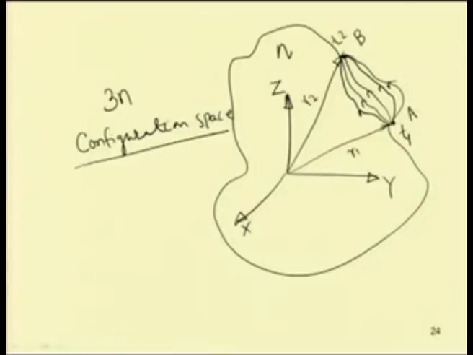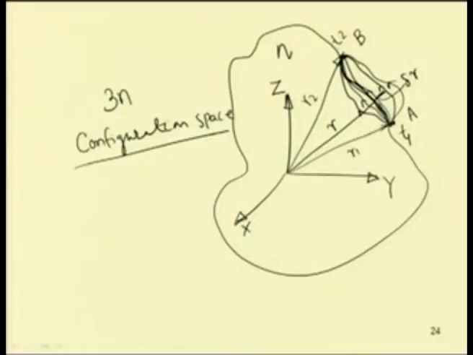So, let us assume this one is the actual path, or the dynamic path, which it must take to reach from this position to this position. Other paths can be considered as the varied paths. Let this be the actual path r. If we consider this, this is our delta r. This is the variation in path, or the displacement, or the virtual displacement.